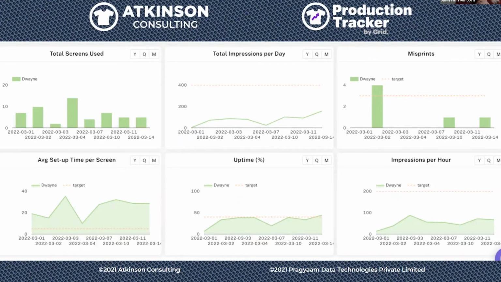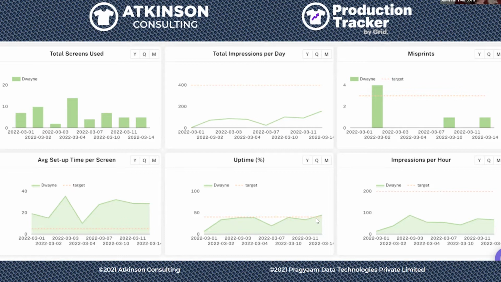But in particular, I can see that our average setup time per screen consistently does not meet my target. My target is 5 minutes per screen. So this tells me, I may need to go out and either get him more training. I may need to observe how he's doing setup. So maybe I can identify some problems, or I need to see if there's excess processing going on that we can rectify and fix. But then if you look at our uptime, the percentage of time that our press is up